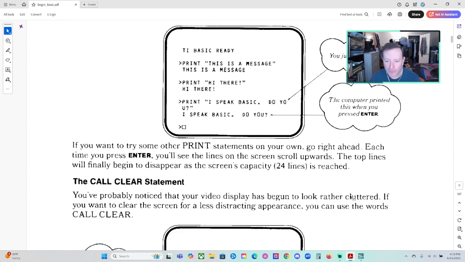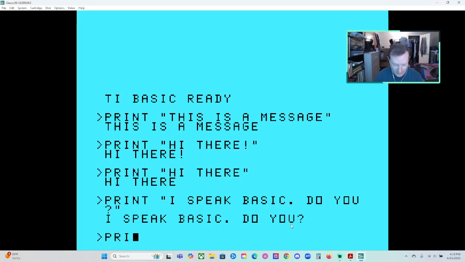If you want to try some other print statements on your own, go right ahead. Each time you press Enter, you'll see the lines on the screen scroll upwards. The top lines will finally begin to disappear as the screen's capacity, 24 lines, is reached. Okay, let's do one more print statement. Print,